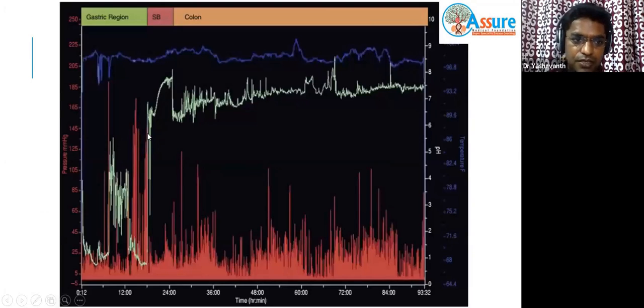Right answer. So these are the readings, where the red says the pressure. The green, supposedly green, when it is in the stomach, the pH will be low, and when it is in the small bowel, the pH will increase. Again in the colon, because of fermentation, the pH drops, not as much as in the stomach, so pH will be low again. And this is the pressure wave. It is almost the same except near the pylorus, where the pressure waves are high and will increase, otherwise it is almost uniform.